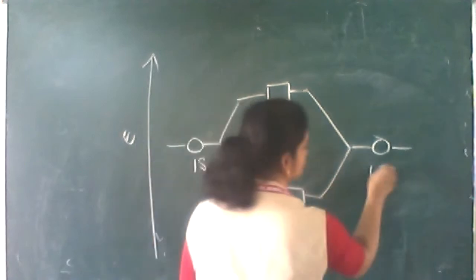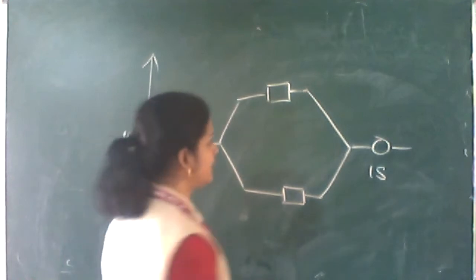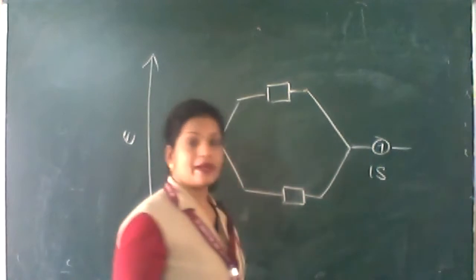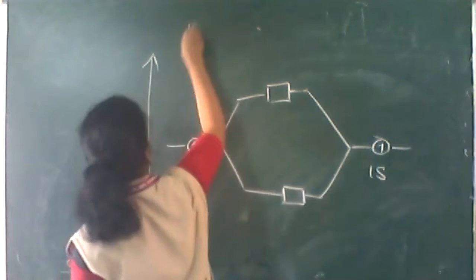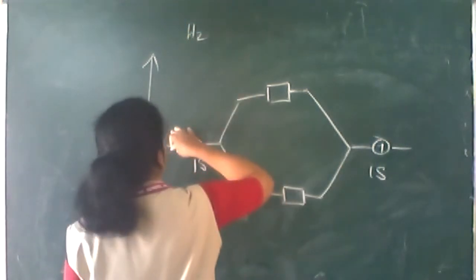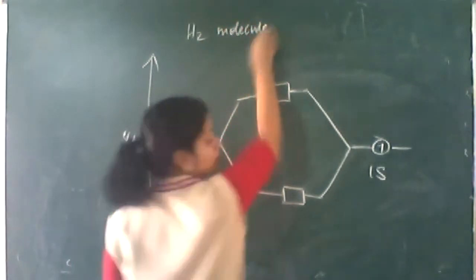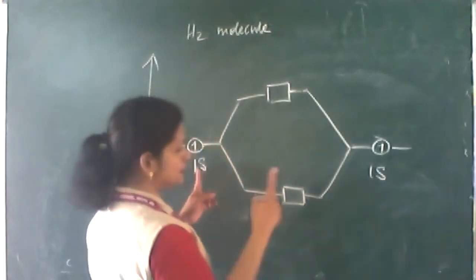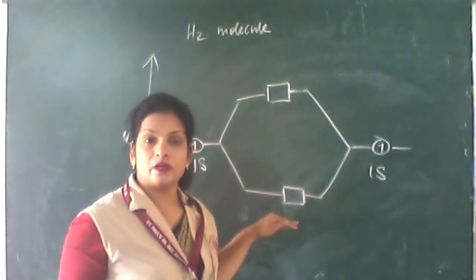This is 1s, this is 1s. The 1s orbital of hydrogen carries one electron and the 1s orbital of the other hydrogen carries one electron. So we have altogether two electrons. I'm going to draw the molecular orbital diagram of the H2 molecule. Here, these two electrons will go to the lower energy molecular orbital according to